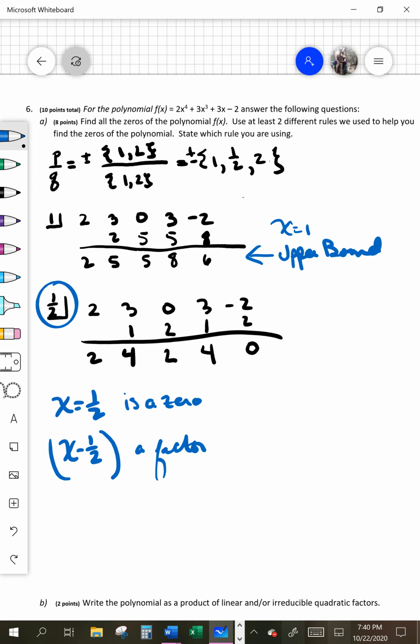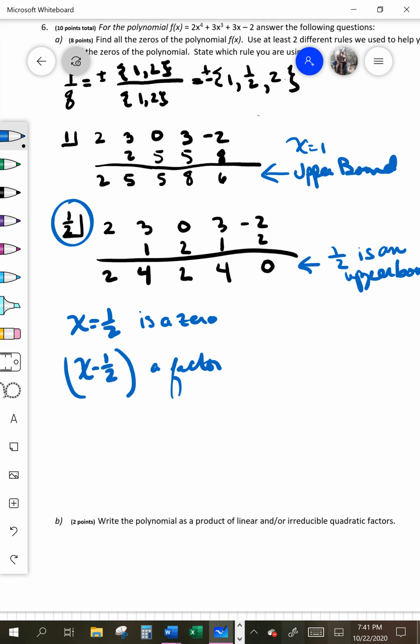Notice that all of these are positive numbers, so we could also say 1/2 is an upper bound. If I had tested 1/2 before, I would have known 1 wouldn't work. So now let's test negative numbers, but I'm going to test them using this bottom row of what I found, where x minus 1/2 was a